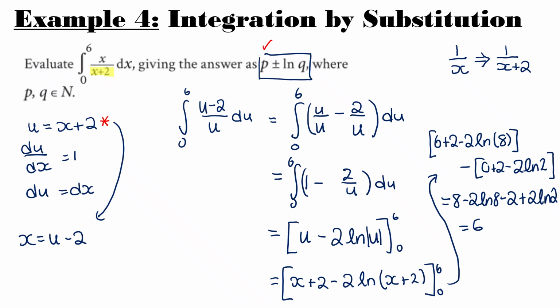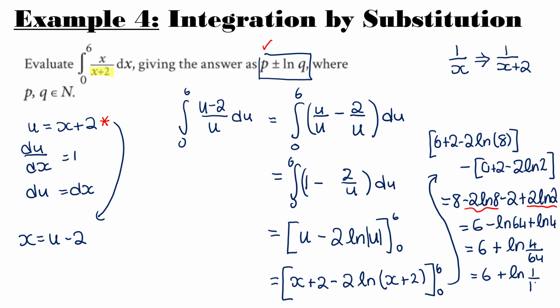So first thing I need to do is think about my rules of logs and how I can maybe clean these up. So the first issue is the coefficients. So I'm going to get rid of those and write them as powers. So that's going to be ln 8 to the power of 2, which is 64, plus ln 2 to the power of 2, which is 4. I'm going to use my rules of logs. Subtraction means division. So that's going to be plus ln 4 divided by 64. And that's going to give me 6 plus ln